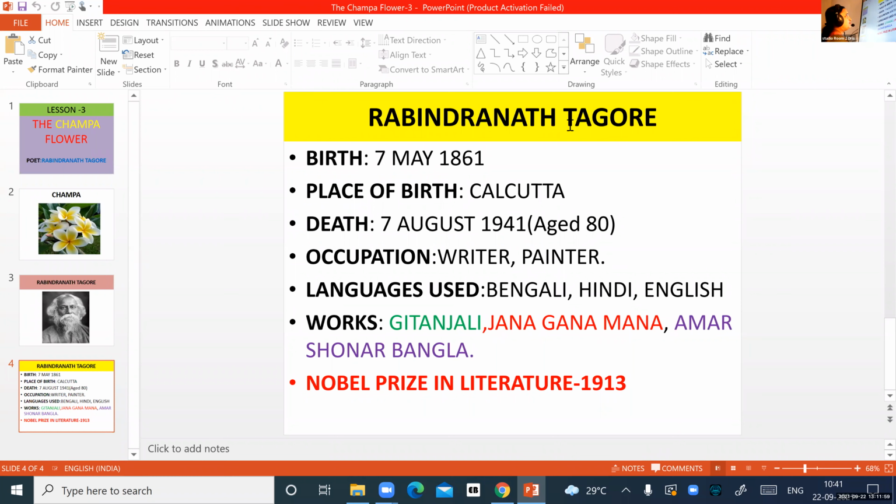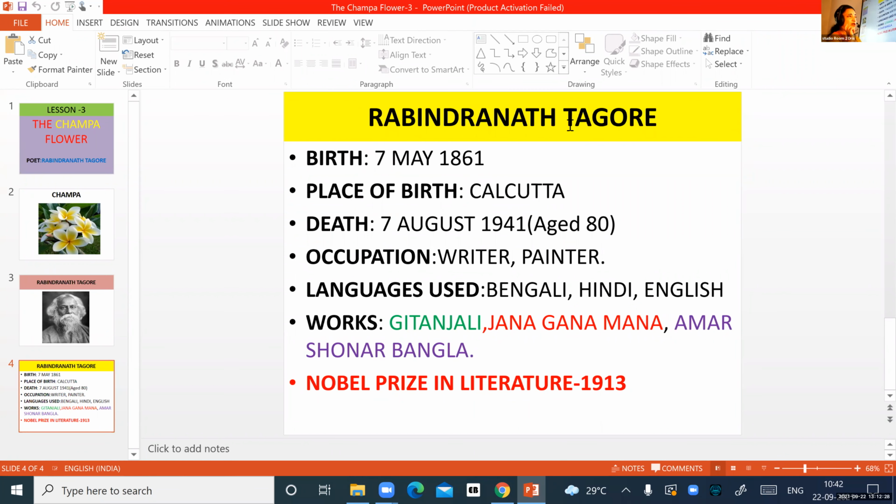And he passed away on 7th August 1941 at 80 years of age. He was a very famous writer and painter. As Serafina was trying to say, he contributed to literature in 3 main languages, which are Bengali, Hindi, and English.